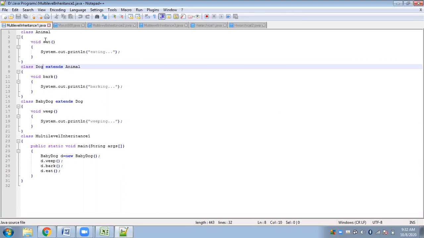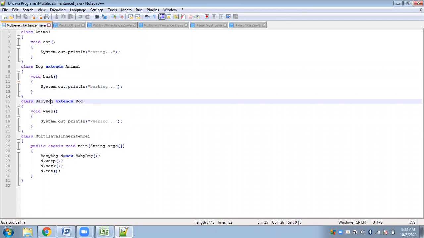Apart from having the eat method, the dog has its own method, which is bark. This is also default, and it simply prints barking. Next, we have a baby dog, or a pup, which is a child to the dog.